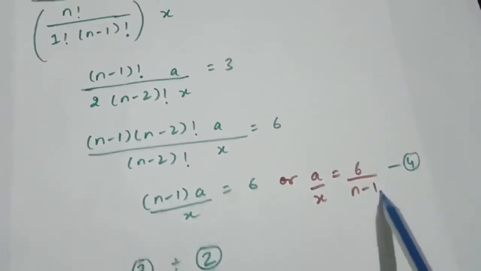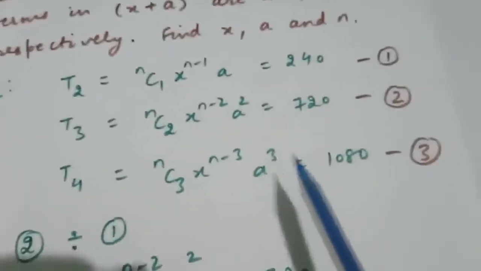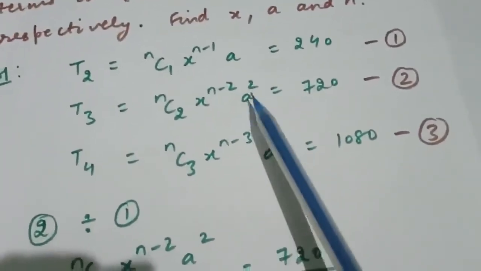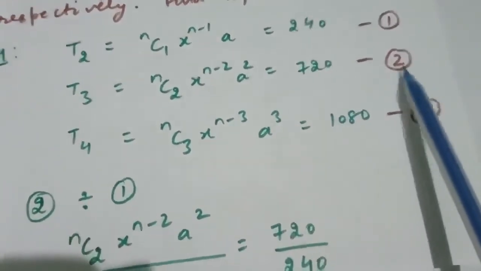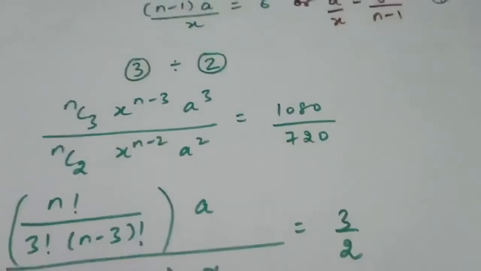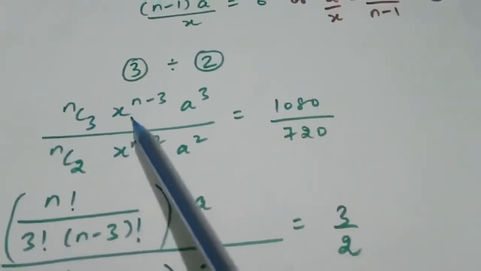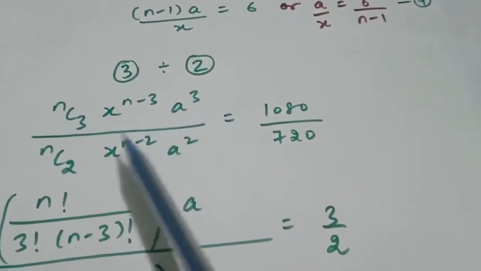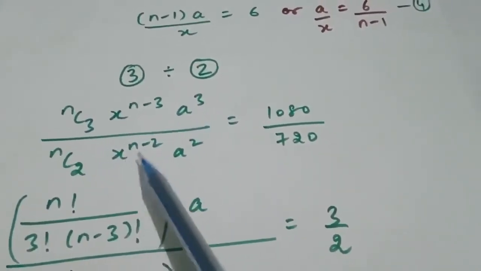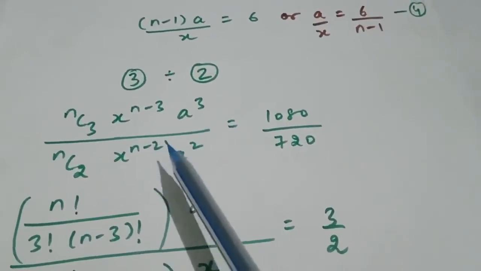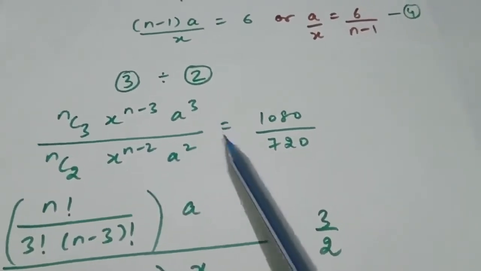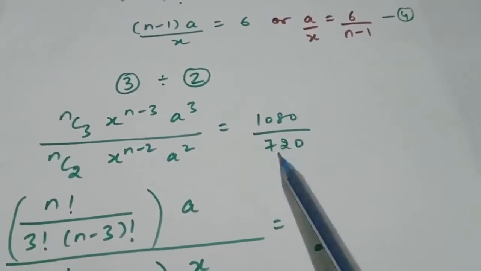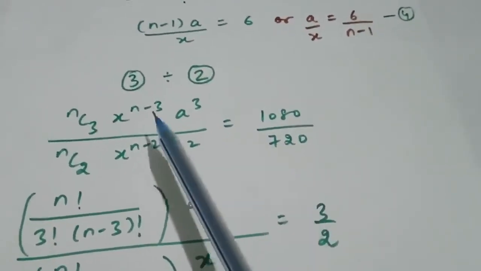Now we will divide the fourth term with the third term. So 3 divided by 2. So you will get nC3 into x raised to the power n minus 3 into a cube upon nC2 into x raised to the power n minus 2 into a square is equal to 1080 upon 720. Now solving this,